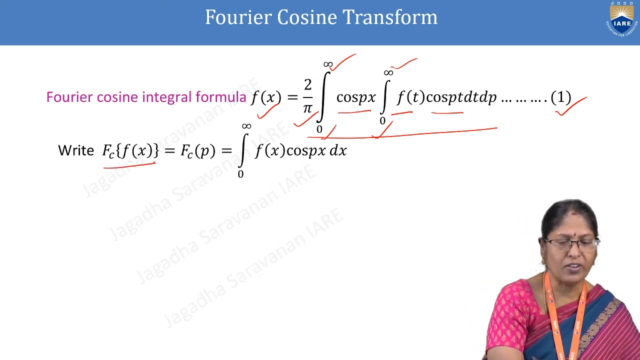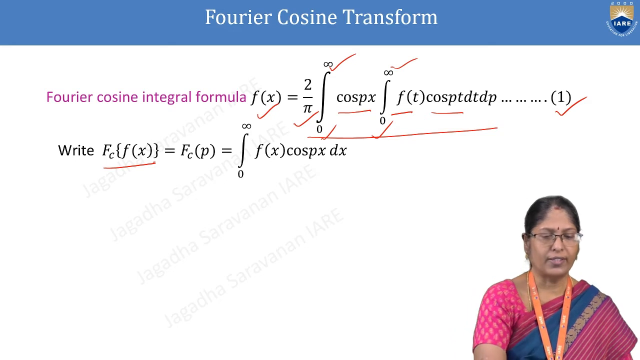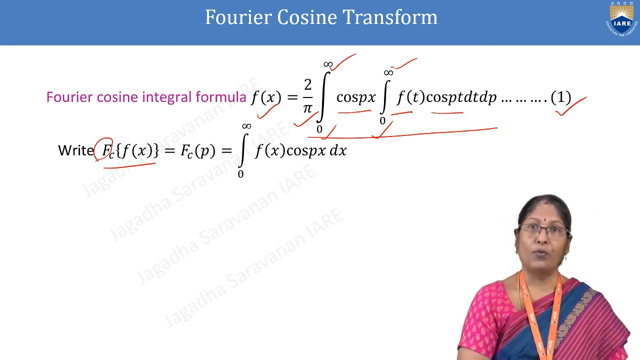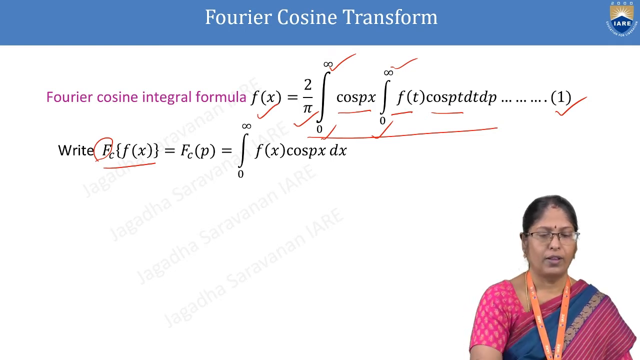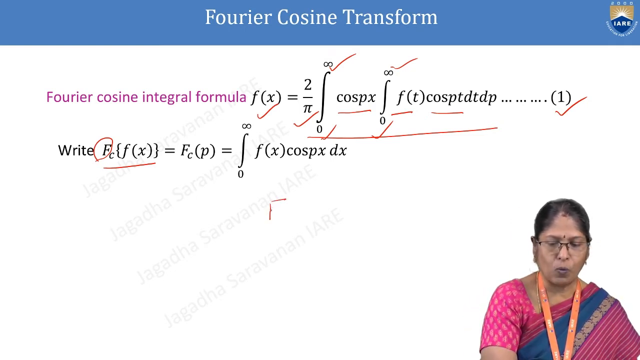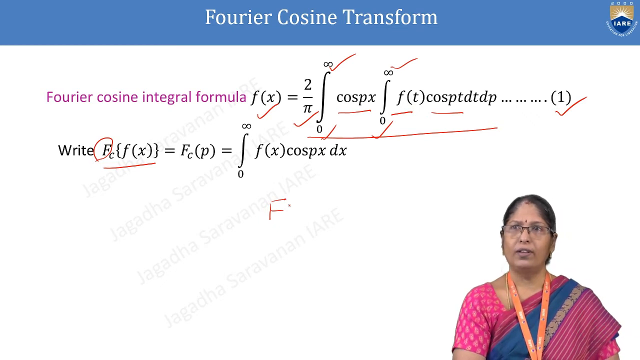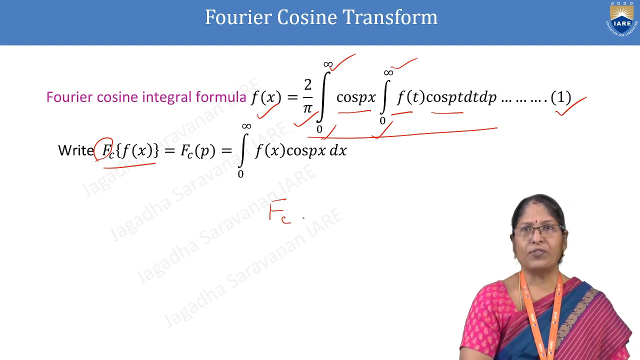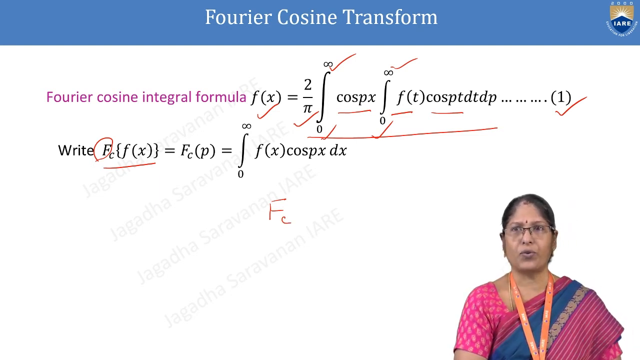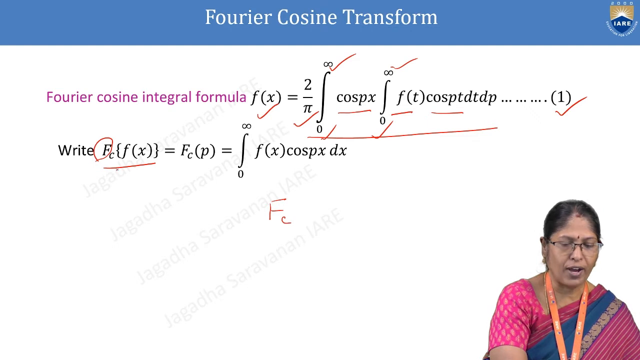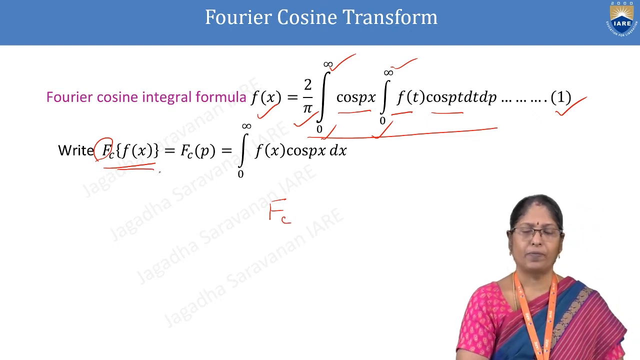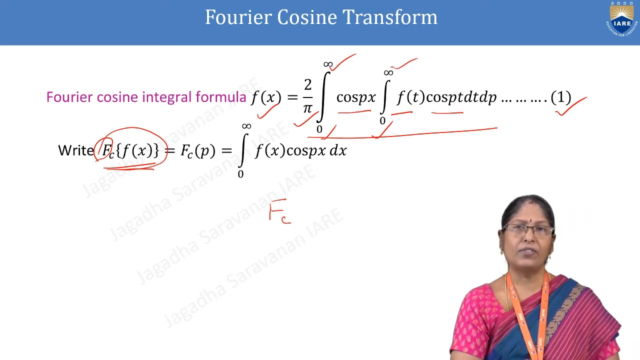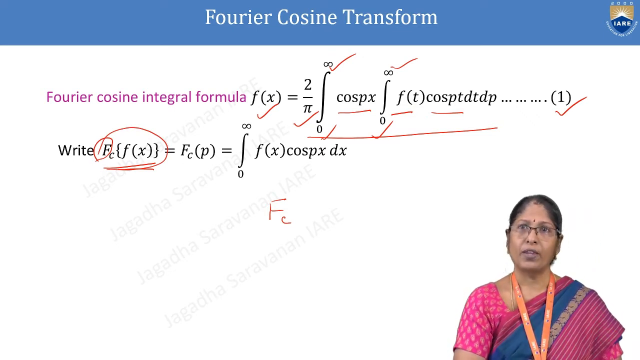The Fourier cosine transform is denoted by capital F. If it is only F, we call it the Fourier transform. If it is Fc, then it is the Fourier cosine transform of the function f of x. We can write it in this notation, Fc of f of x. Otherwise,